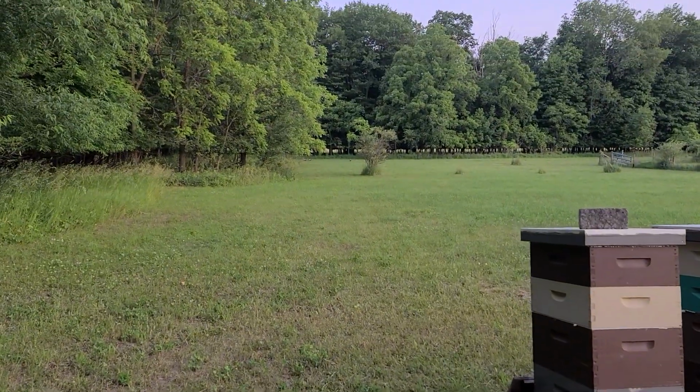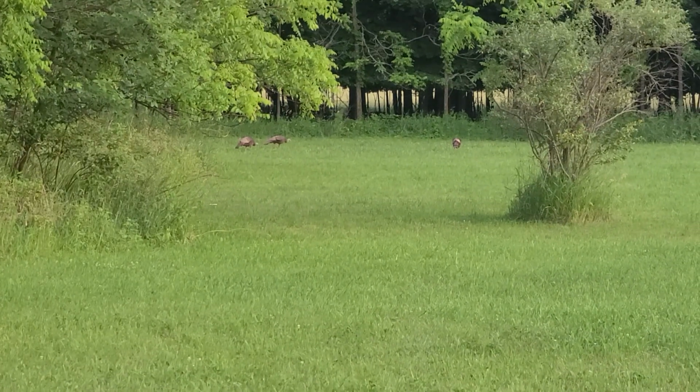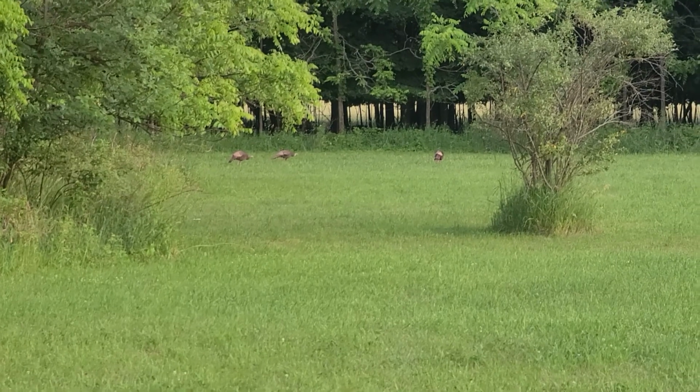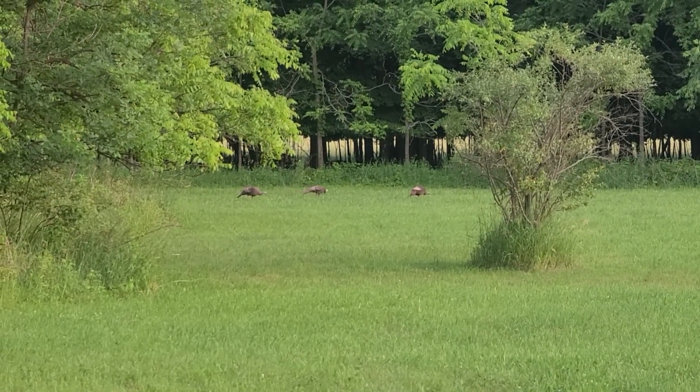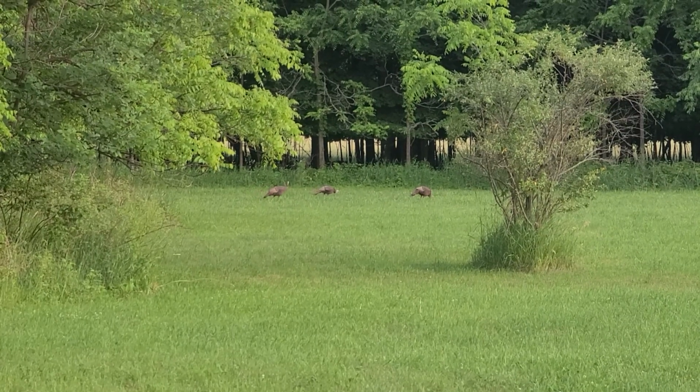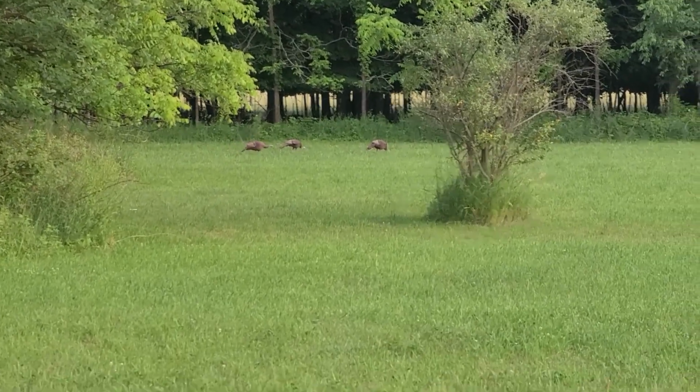Right now too, we have some turkeys out in the field. The deer were out here in the morning while we were drinking coffee, watching the bees wake up. The deer were back there, and now the turkeys. So it's just a beautiful day here in Howell. The sun is just setting,